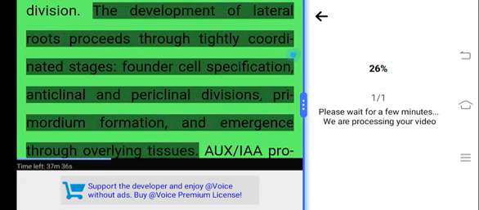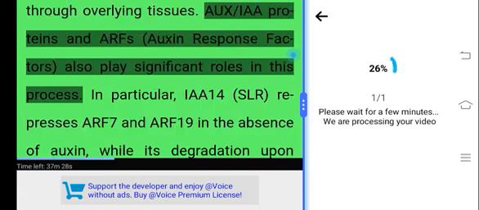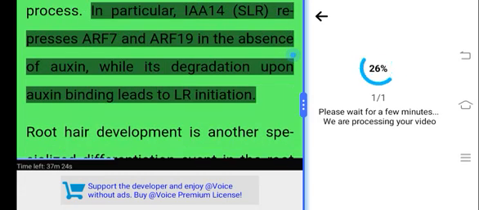The development of lateral roots proceeds through tightly coordinated stages: founder cell specification, anticlinal and periclinal divisions, primordium formation, and emergence through overlying tissues. Aux/IAA proteins and ARFs, auxin response factors, also play significant roles in this process. In particular, IAA14/SLR represses ARF7 and ARF19 in the absence of auxin, while its degradation upon auxin binding leads